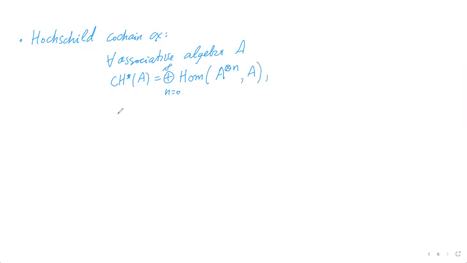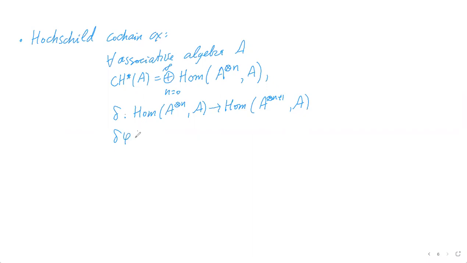And a differential delta then is a map from Hom(A^n, A) into Hom(A^(n+1), A), given by the following explicit formula: